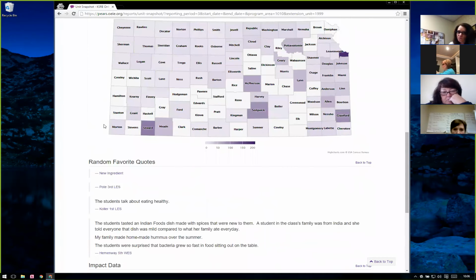The favorite quotes section pulls from our success stories module. So this is where educators and users can log data that's maybe not as qualitative or quantitative in nature, that's not numbers focused, but you have a body of text. Someone wrote a letter or a thank you note, and they talked about the difference that was made in their